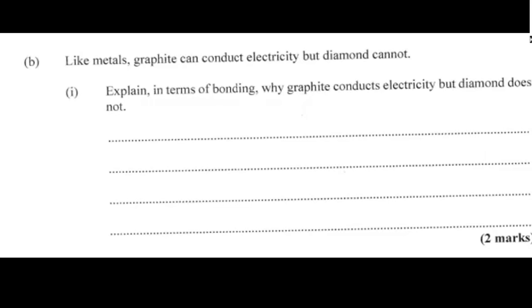In our graphite, each carbon atom is bonded to three others. And we know carbon to begin with is tetravalent. That's 4 electrons in its valence shell. So if each carbon is bonded to only three others, it means that for every carbon atom, there is an electron that is not involved in bonding. So if we were to apply a voltage, then we would actually have something to carry the current in graphite. Unlike in diamond, where each carbon atom is bonded to 4 others. So all the electrons are involved in bonding in diamond. So we could state that